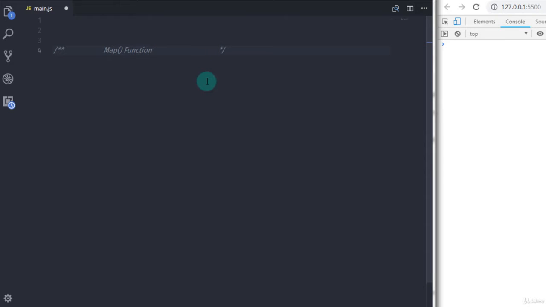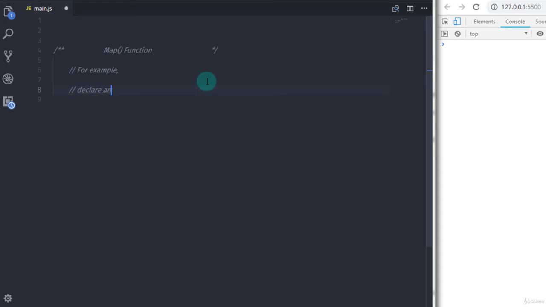The map function transforms the elements into an array. Using the map function, you can perform any operation with the specific element in the object. The map function will not modify the array; it creates a new one and returns it. Wait, if this statement is overwhelming for you, then let's take an example and understand what is the use of